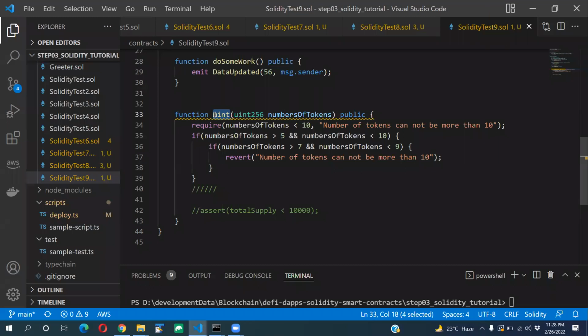Will the funds be refunded? Will the gas funds be refunded or not? Sorry, gas fund? Will the gas still be applicable? Yeah, gas will be refunded in require and revert. In assert, the previous